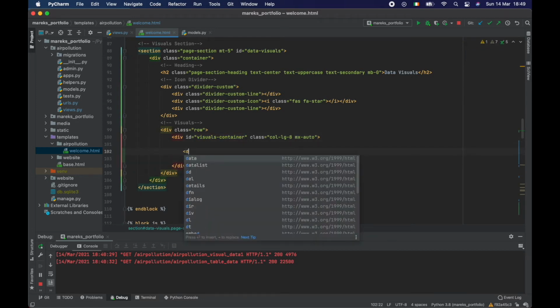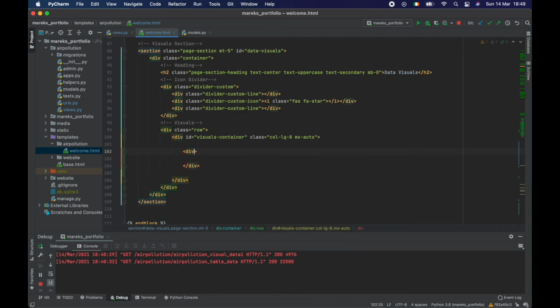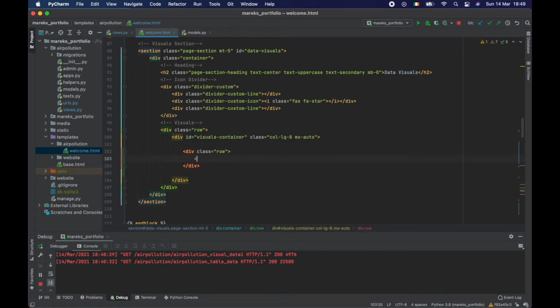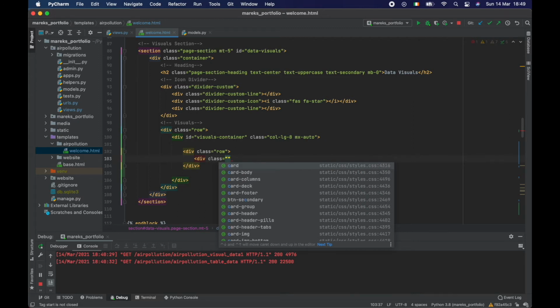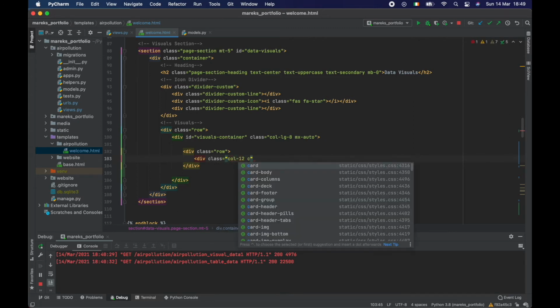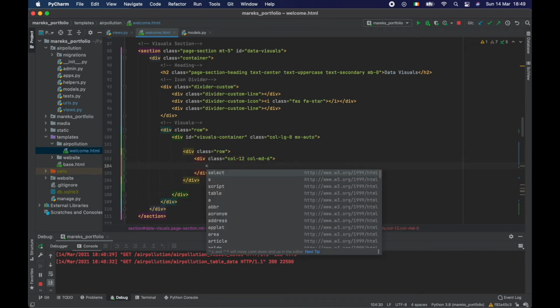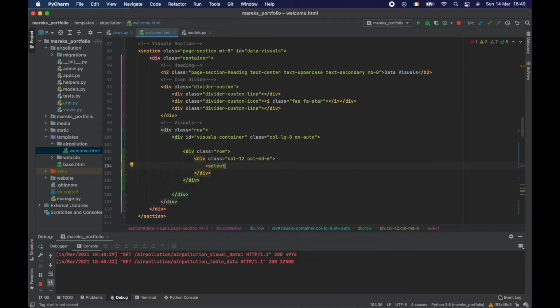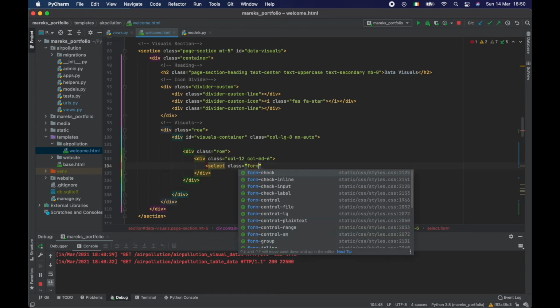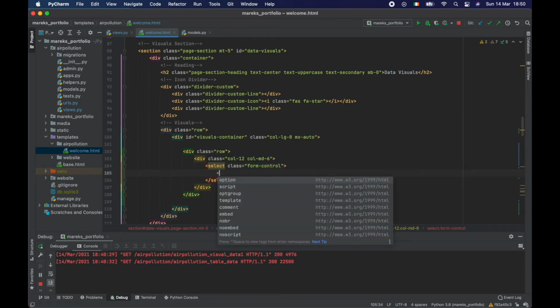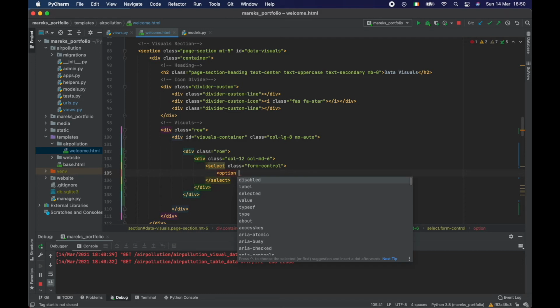So let's go here and let's do div. That's going to be class row. And in here we have div class. Let's make it column 12 if it's small, and if it's medium, it's going to be column 6. Okay. And in here we do selector. So select class for Bootstrap formatting, class form dash control. And inside of that select, we're going to put some options with value